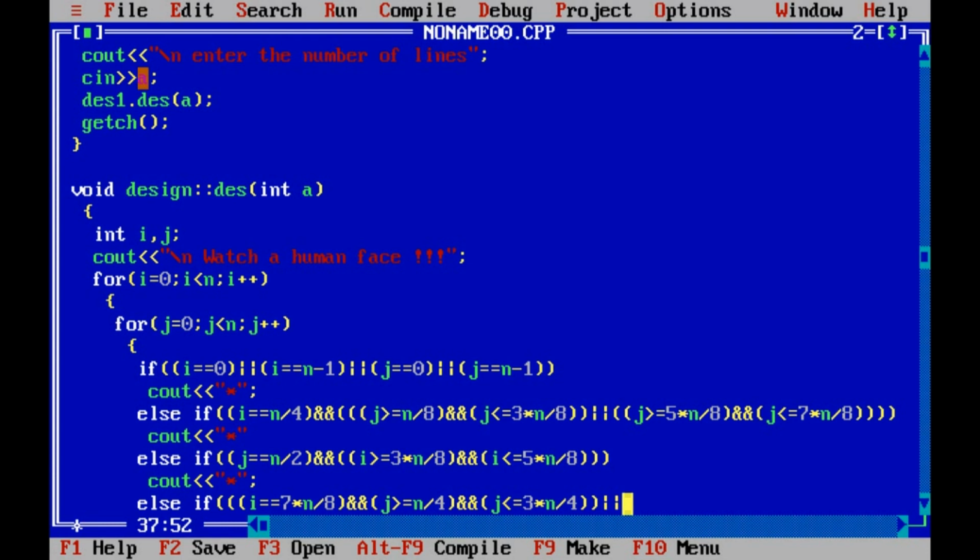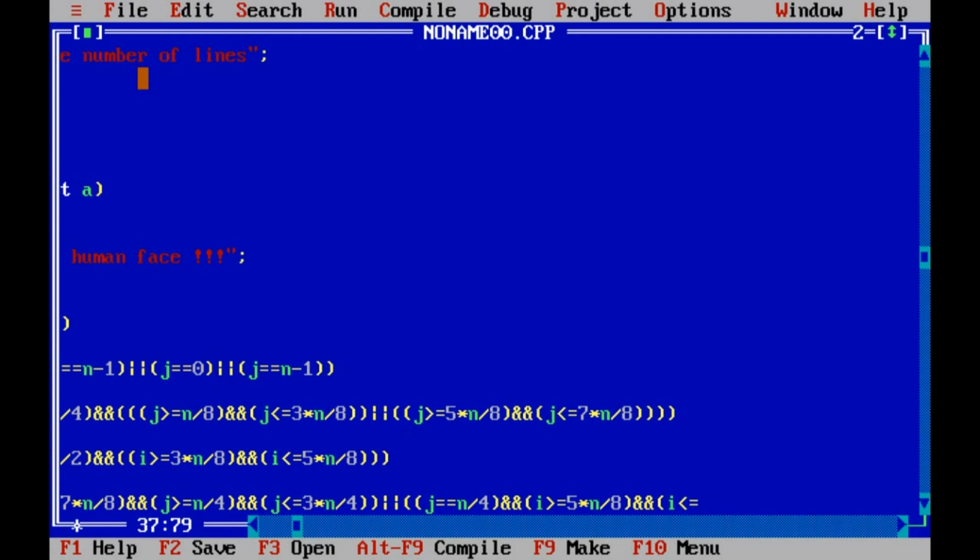Now we need to print 2 vertical lines, one at j equal to n by 4 and other at j double equal to 3n by 4. At j double equal to n by 4, for that we need to have the i values varying from 5n by 8 to i less than or equal to 7n by 8.